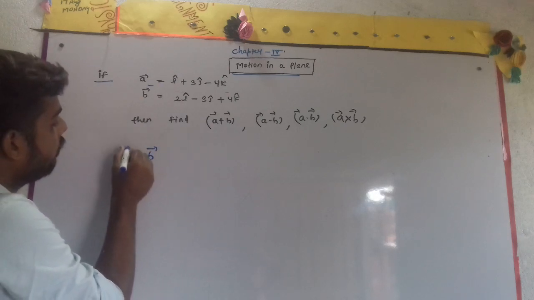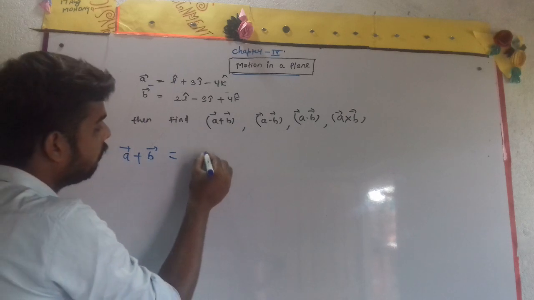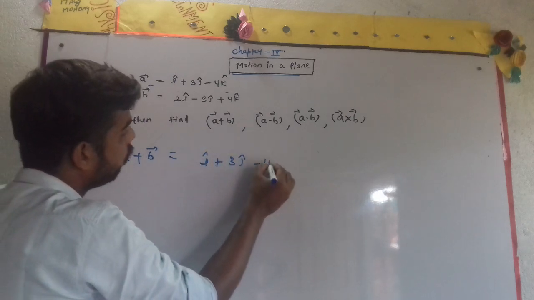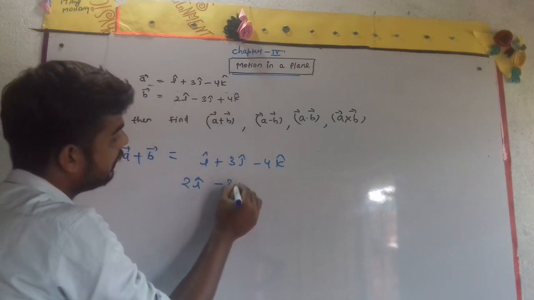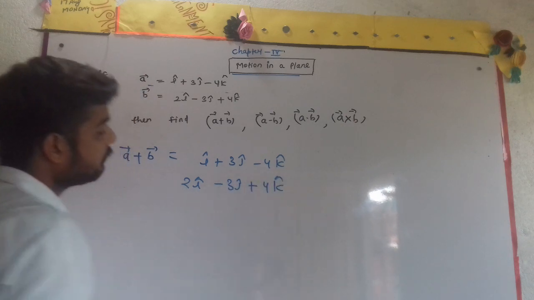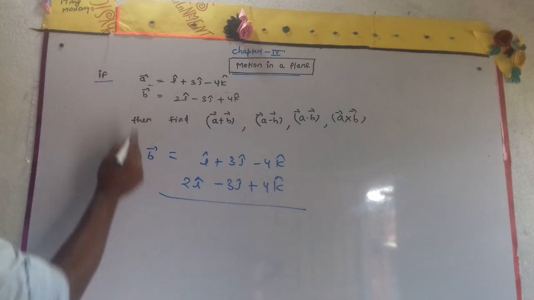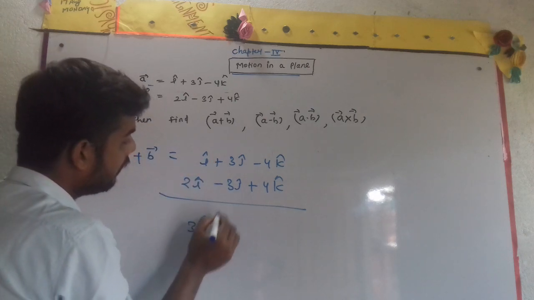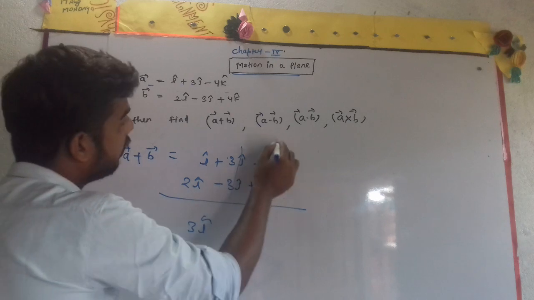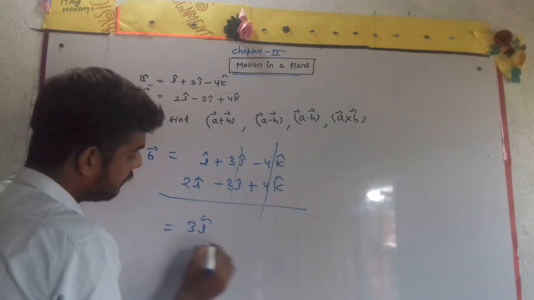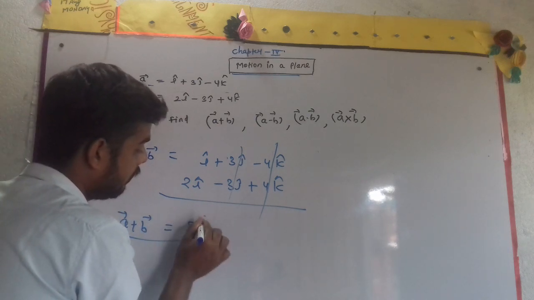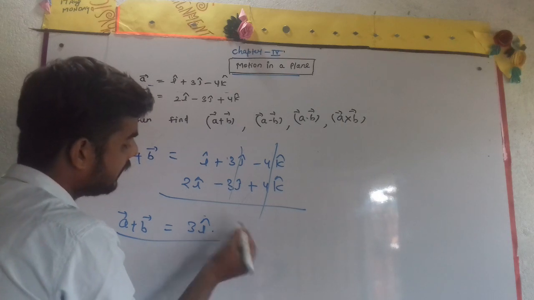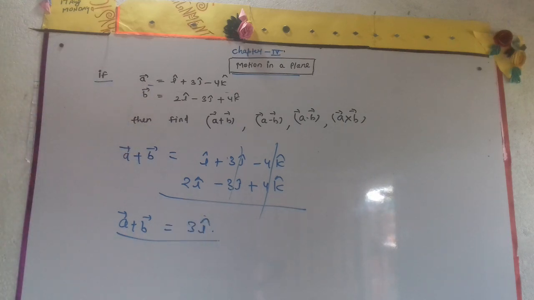If we are going to add two vectors, we will follow the same method. I plus 3j minus 4k, and we have to put, in place nearest, 2i minus 3j plus 4k. So we have the addition: 2i plus 1i, 3i. Here the j terms both cancel, and 4k and 4k also cancel. So what will be the answer? Vector A plus vector B will be 3i, or we can say 0j and 0k. So no need to write that, we have the answer A plus B equal to 3i.